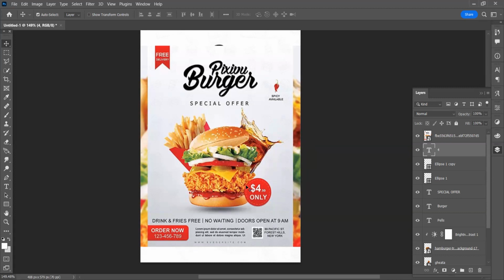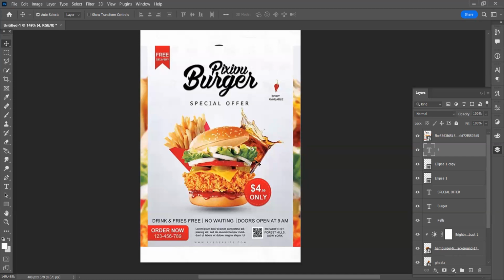And we can see that the image, the burger itself, is what is more prominent in this design, and that's what we were trying to establish in the class. Your design must have something that will draw the attention of people, right? It must have a kind of focal point. And in this design, we can see that the burger is the focal point, right? Then we can see that there is also a call to action, right? So after we've seen the picture, what do we want to see next? The price. Then after that, what? Order now. So it means that this design actually performed the function the designer intended it to perform, right?